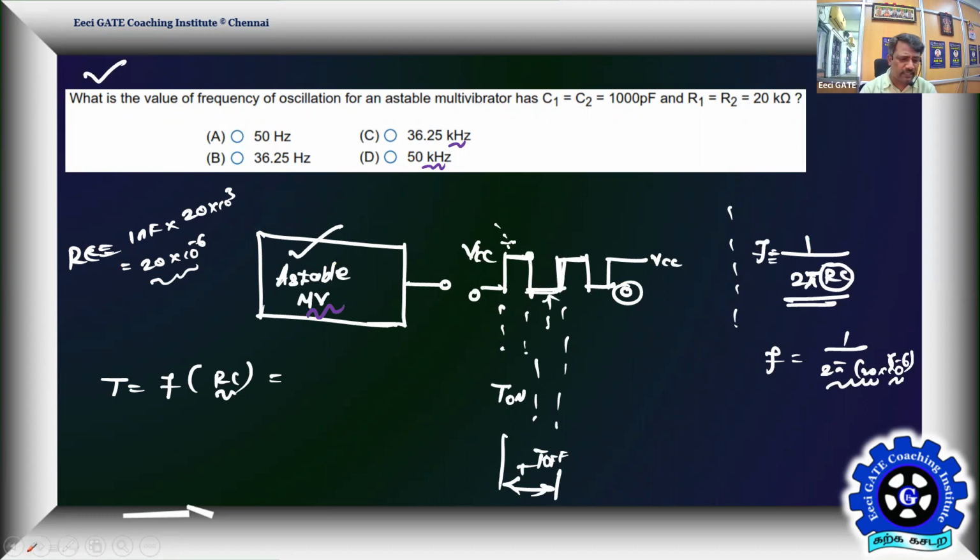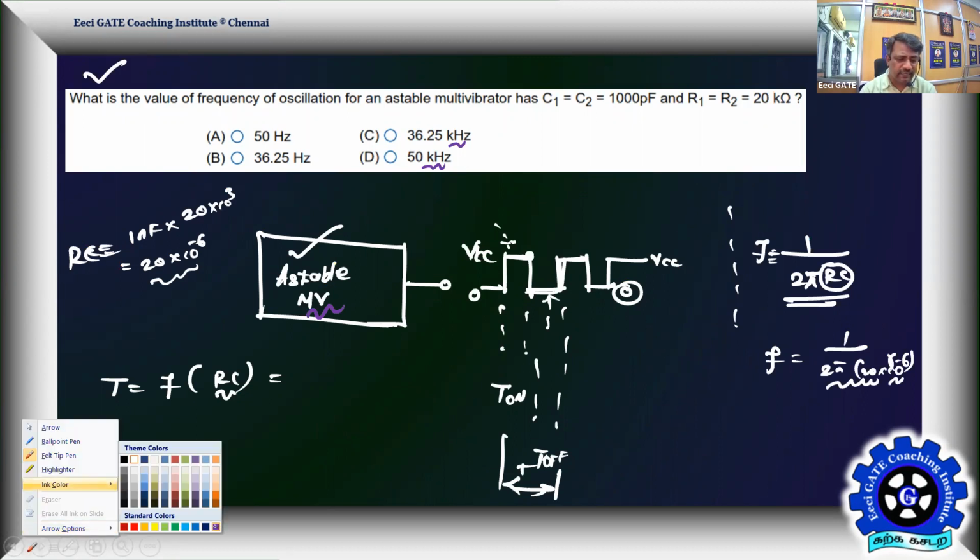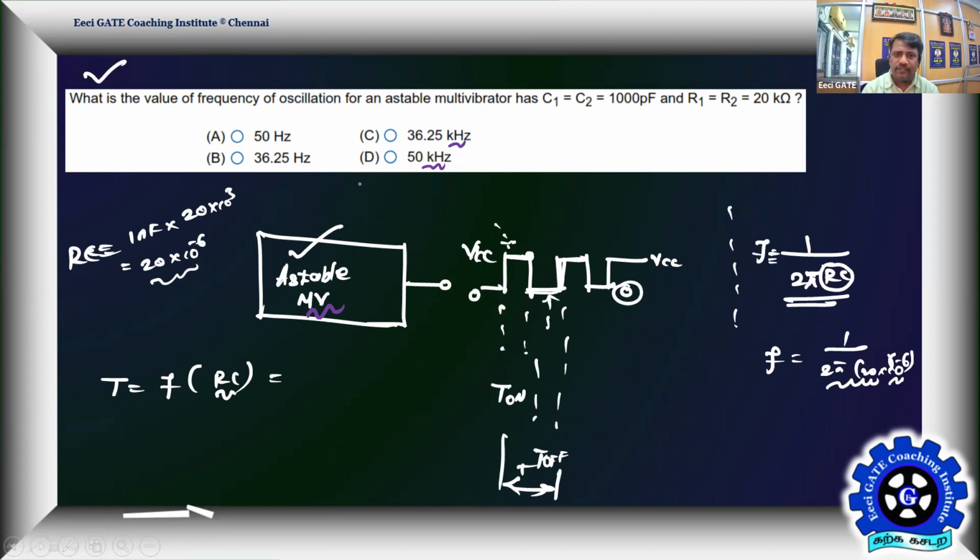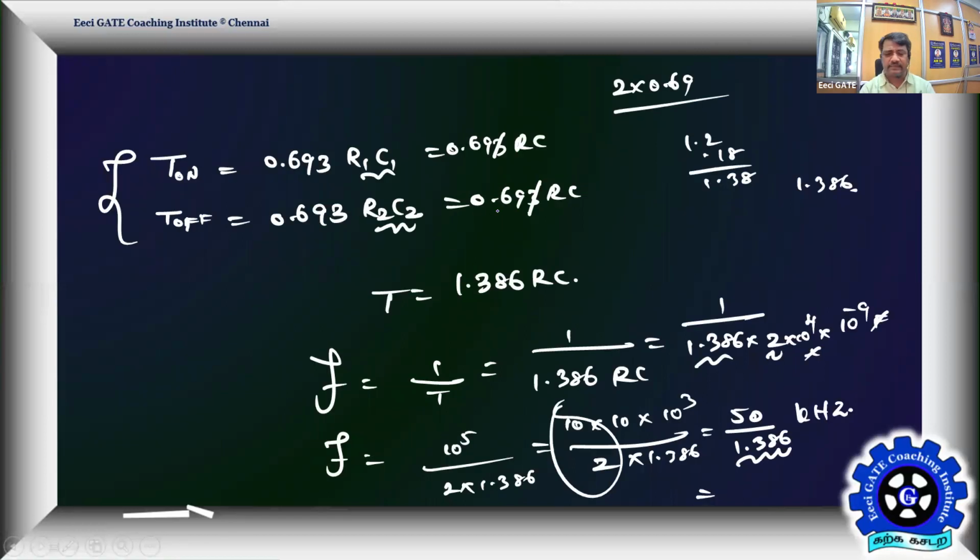Okay, so only one option is there. 50 is definitely not the answer. Therefore, you have to see the options and then make a simple conclusion. So the best possible answer is 36.25 kilohertz. Let me confirm what I'm getting by calculator. 50 by 1.386. Yes, you have to do it manually in the examination, but it's not asking you to know the exact number. Roughly, you should know, in the aptitude way, how to play with the numbers and quickly conclude. Only two options are there, so you have to freeze quickly.